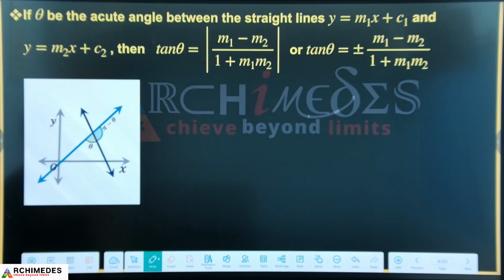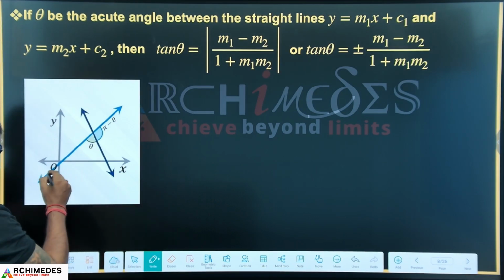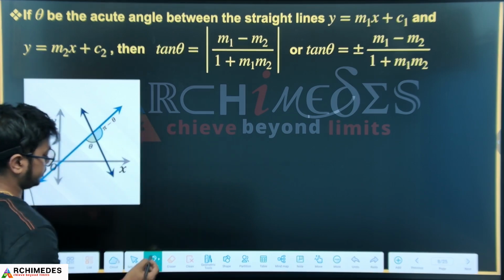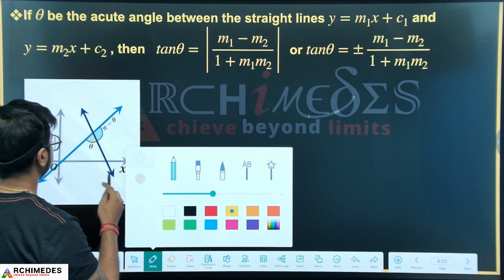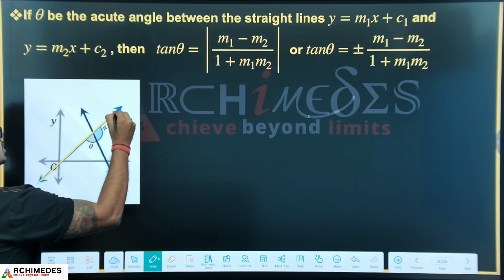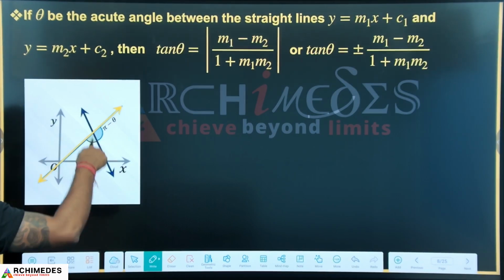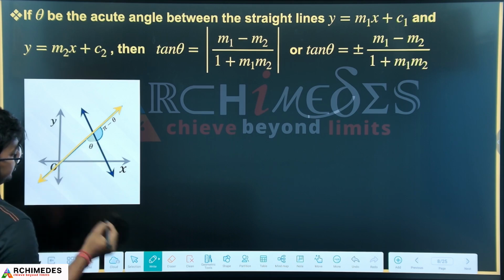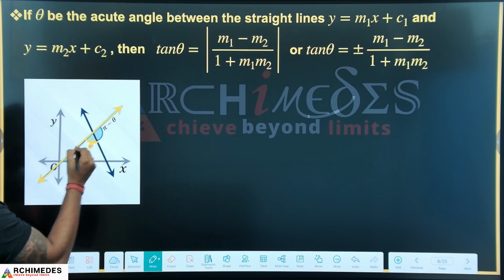Now suppose there are two lines. Let's consider this yellow is one line, and this blue is another line. If this is the angle theta, listen carefully, so we know that